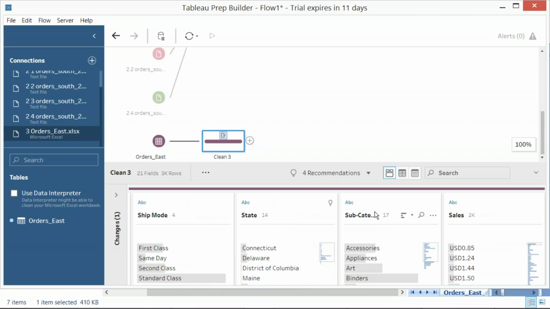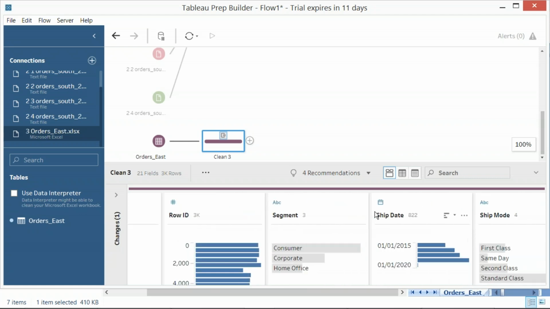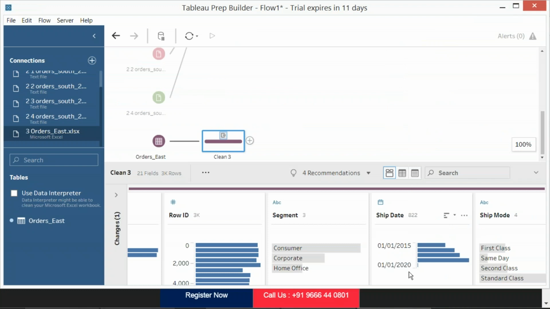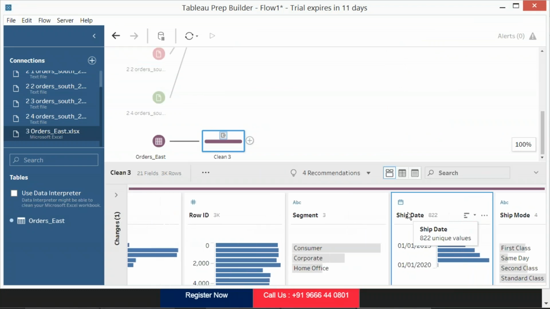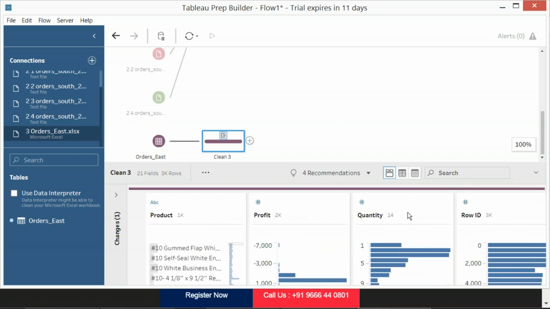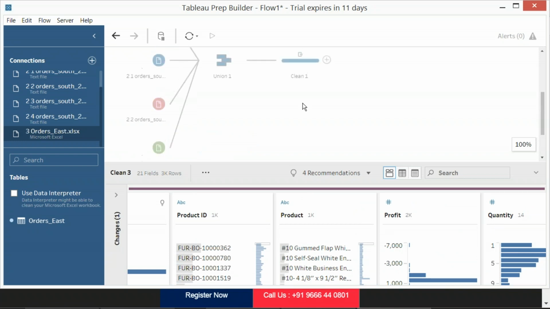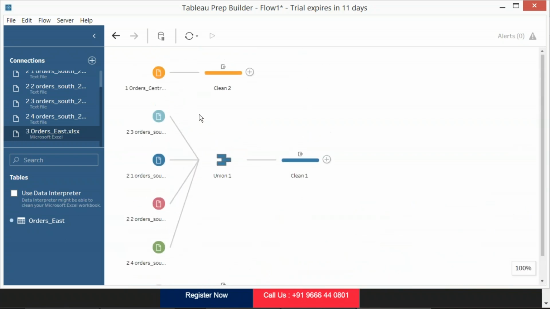Next, with this information, I'll just close all the windows here. With your mouse, you can go left or right. Now you got order east, order south, order central, and the cleanup is also ready.